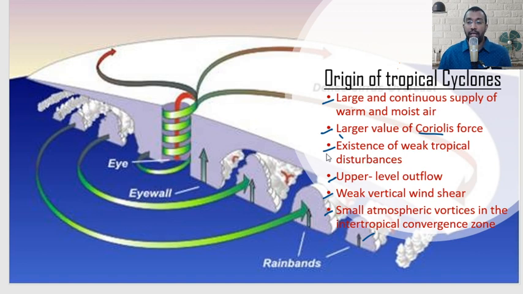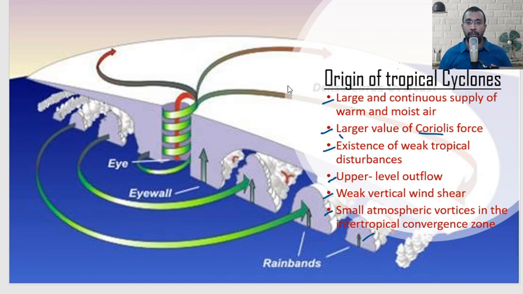And then moving further, the existence of weak tropical disturbances. What does it mean? Within your tropical region, you are not supposed to have a large amount of tropical disturbances, and if you have a large amount of tropical disturbances across that specified region, the origination of cyclonic activity or the cyclonic event gets